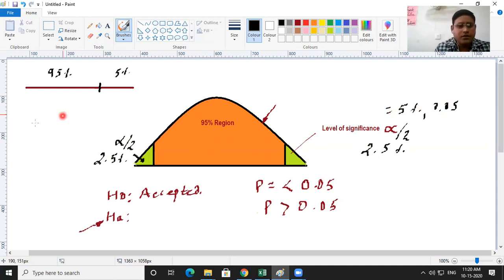Now, let us suppose the value I got after testing the hypothesis is p-value 0.03. If I convert it, I will get 3%. Means I reach just here only 3, because this point is 5. So this is 3, this point. It means it is less than 5% because it is 3. As I told you, p-value is 0.03, so it is less than 5%. It means my null hypothesis is rejected.